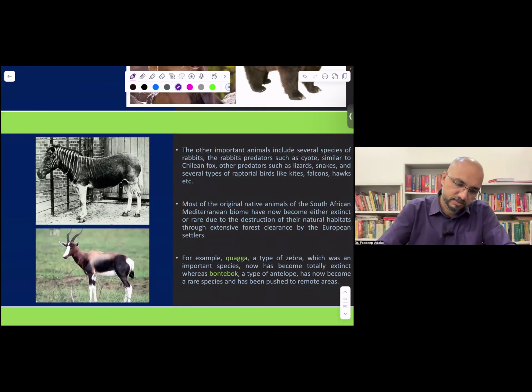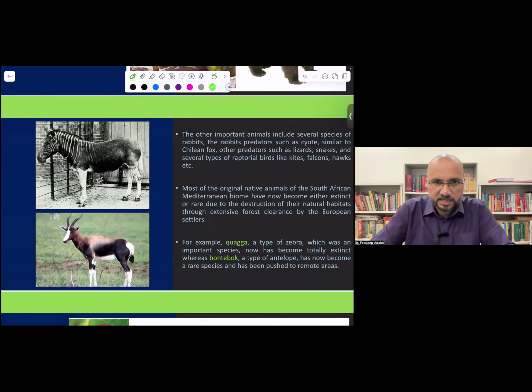Now, other mammals, other important animals include rabbits. Okay, then if you have rabbits, you also have predators of rabbits such as coyote, which are similar to Chilean foxes. Other predators such as lizards, snakes, and several types of raptorial birds like kites, falcons, hawks. They are also